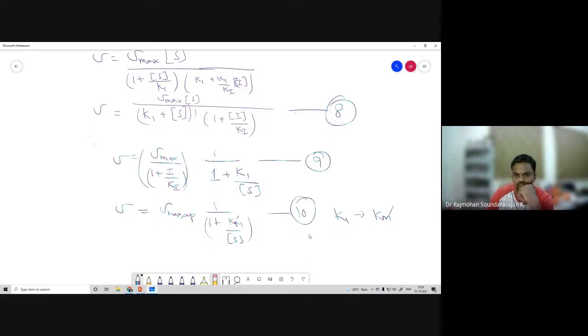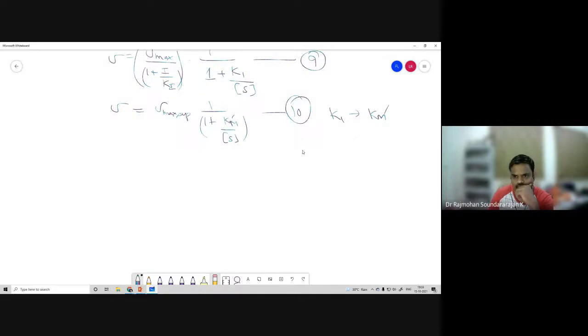So that is our final equation, where this is the same, as defined in the problem. Initially it was given as Km dash in the question. We considered it to be K1, so finally we are rewriting it with Km dash. There is no difference there. But here we are defining a new term, Vmax approximate, equal to Vmax divided by 1 plus I divided by Ki.